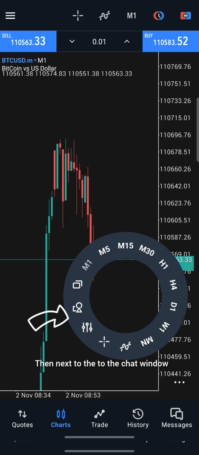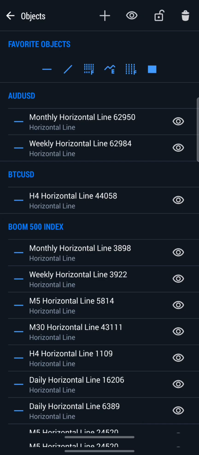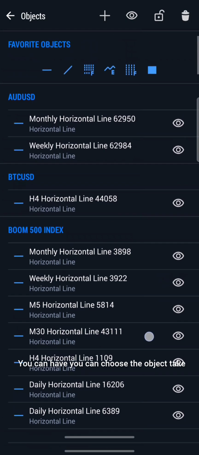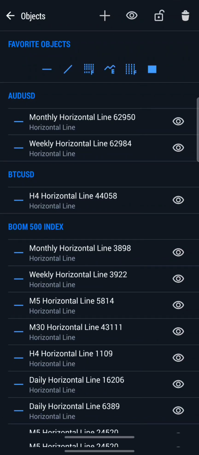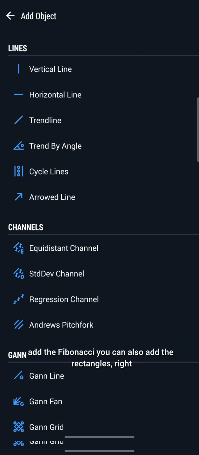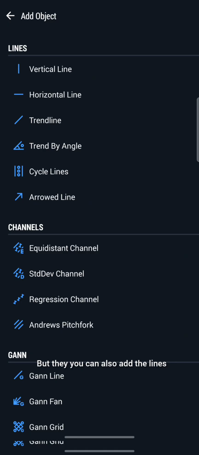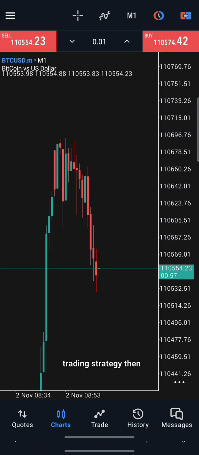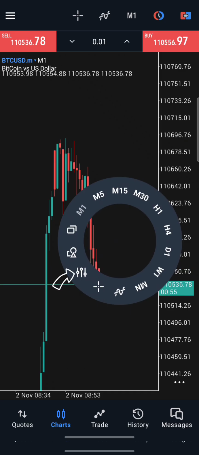Then next to the chart window, these are the objects that you can choose, right? You can choose the object. Take for example, you can have the support or the resistance. You can also add the Fibonacci. You can also add the rectangles, right? But you can also add the lines and everything that you are using in your trading strategy. Then the next one